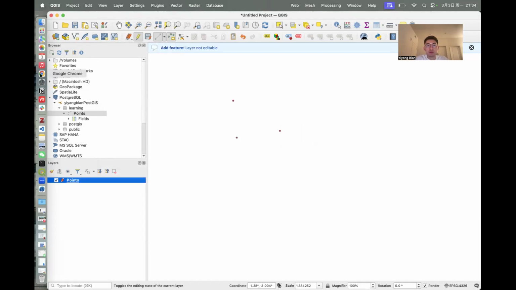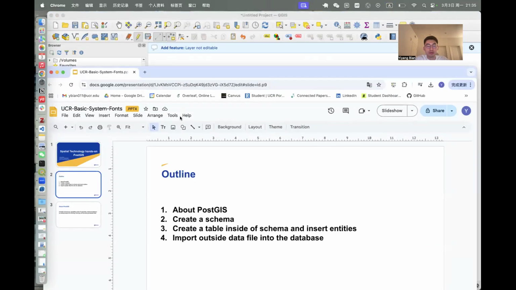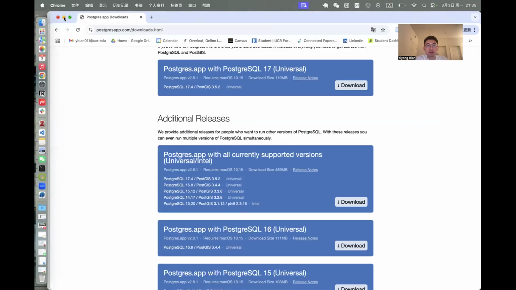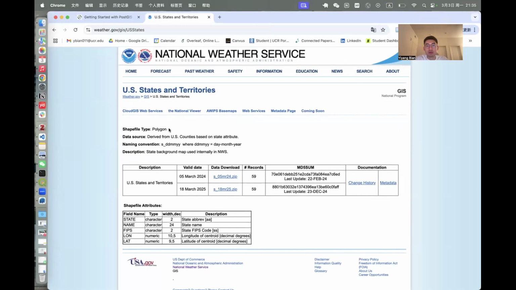Okay. So this is how we create a table under a new schema, and also how to insert some entities into the table. Finally, let me show you how to import some outside data file into the database. For example, the outside data file may be some structured data files like a shapefile. Let me show you a very typical spatial data set,